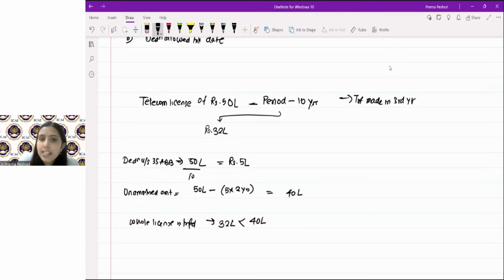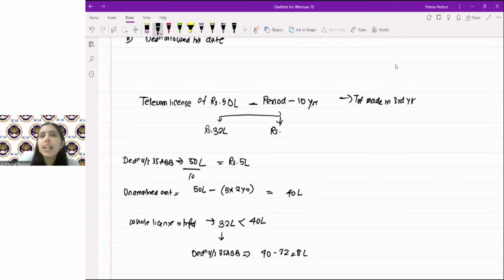Then in that case, the unamortized amount minus the sale consideration will be allowed as deduction. So deduction under section 35ABB will be 40 minus 32 equal to 8 lakhs. Are we clear? Clear? Let's say